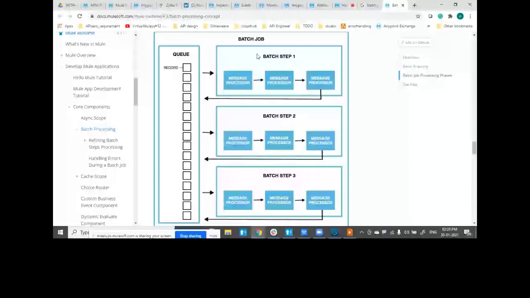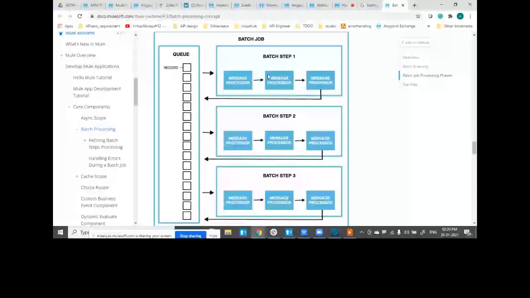Now, when they are executing, the execution always happens in the sequence in which the batch steps are created. This is again a misconception, that any batch step can get executed in parallel. No. For a record, remember, the execution always happens in sequence. So our thread will pick up and push the data to a batch step. And within the batch step, one record at a time is executed. So I'll again repeat the steps till here.